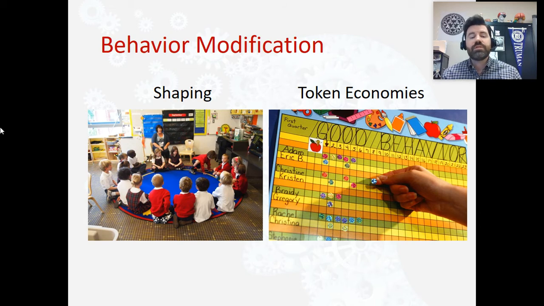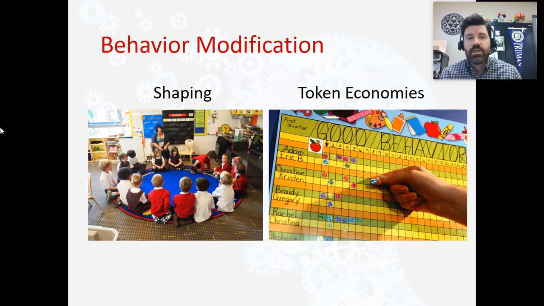So maybe the teacher rewards these children with Tootsie Roll Pops just for standing on the rug. And so for a week, that's what they practice. All right, it's rug time. And once everyone's standing on the rug, they all get Tootsie Roll Pops. And then the next week, okay, here's the deal. You've got to be sitting on the rug. So everyone goes and they sit on the rug and they get a lollipop. And the third week, okay, you've got to sit along the outside perimeter of the rug. And then you have to teach kindergartners what the word perimeter means. And then, okay, now we've got to sit crisscross applesauce. And you get the picture. You slowly work your way to the target behavior.